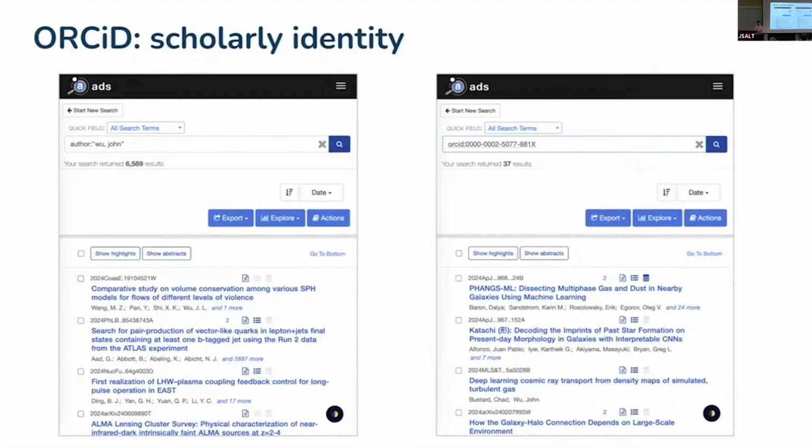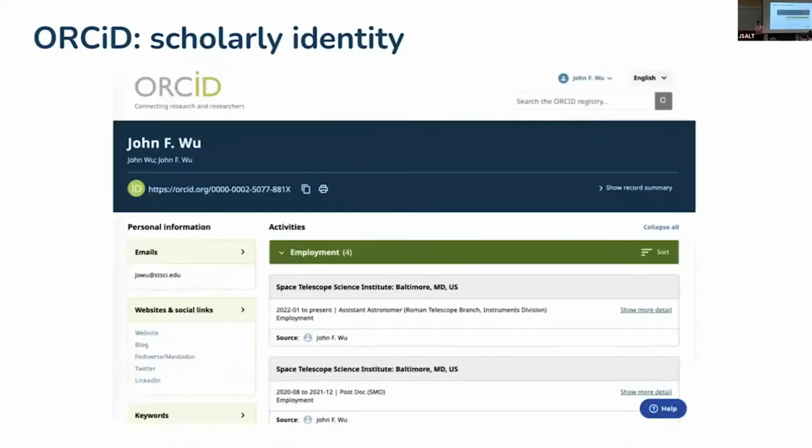which is a way of keeping track of your scholarly identity. This one's a little out of date now, but this is my ORCID number, and you can see it only picks up the papers that I've already published that have this ORCID ID with them. So this is a more useful persistent identifier that astronomers all happen to use. I know there are other systems out there. I forget if Semantic Scholar and others have their own systems. This is the one astronomers use, and it's very well integrated with the other ecosystem of tools. You can look on here and find my email address and see where I worked and so on. It's yet another thing like a CV to keep track of.